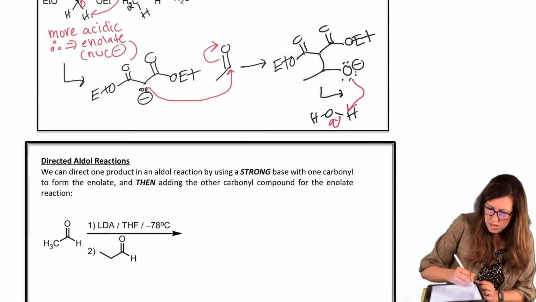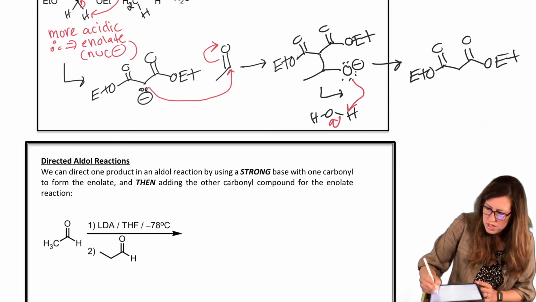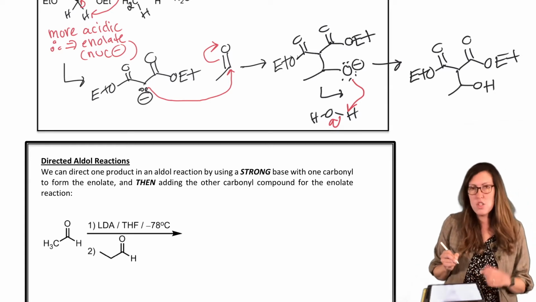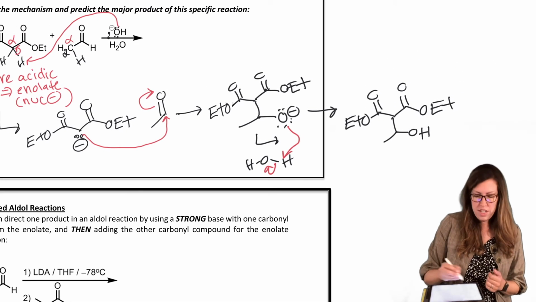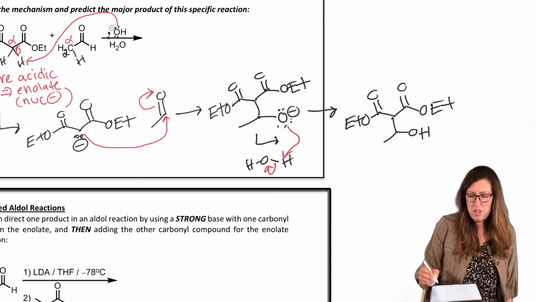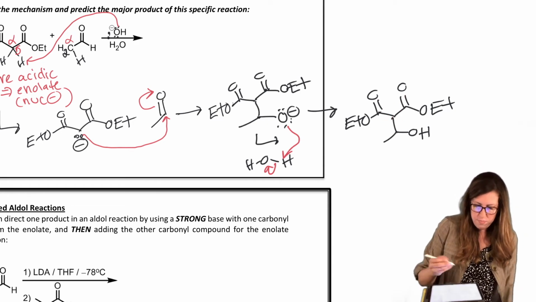Neutralize. And then decide if we're going to stop at the addition or move forward to conjugate further. Now I think we can kind of see the writing on the walls with this one. If we let it keep reacting to dehydrate, we will get more conjugation than just a simple alpha beta unsaturated carbonyl because we have the extended conjugation. So we're going to go ahead and do that.